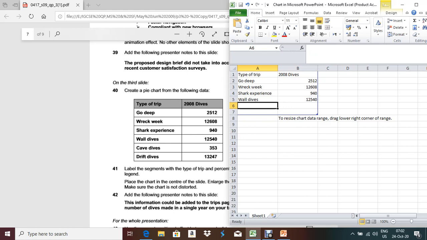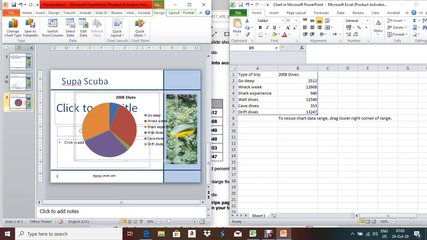Next one, Cape Drive, 353, 13247. Okay, now you can check that the presentation changes automatically.